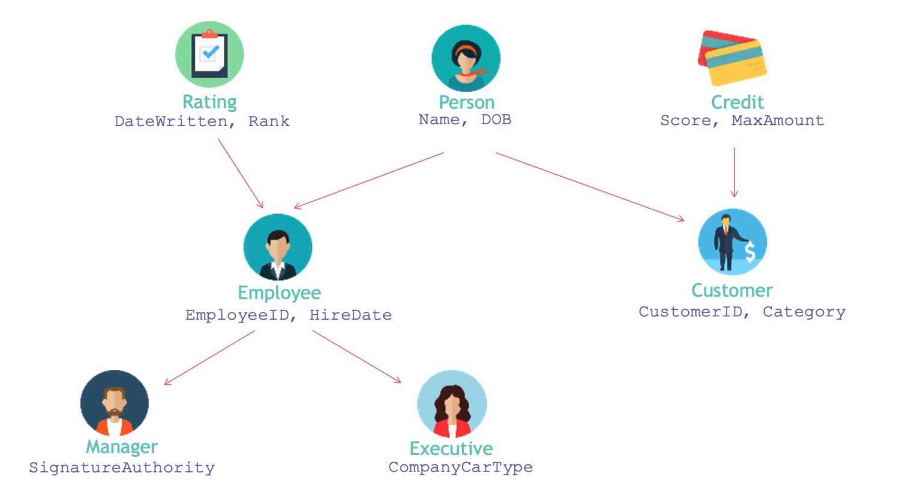But before you can start exploring the multiverse, you need to begin by creating your classes, which will serve as the blueprints for your objects. As we saw in an earlier video, we've defined a class named Person. However, naturally our object model is much larger than just one class type. In this diagram, Person, along with Rating and Credit are base classes that serve as a starting point for further